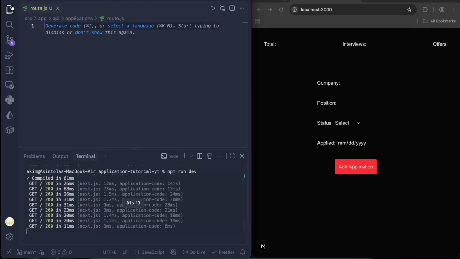Cool. So how is our backend going to work? So what we're going to do is we're going to input data into this form. We're going to add application. So we're going to hit this submit button. When we submit it, it's going to come over to our backend. It's going to be posted to our backend. And then